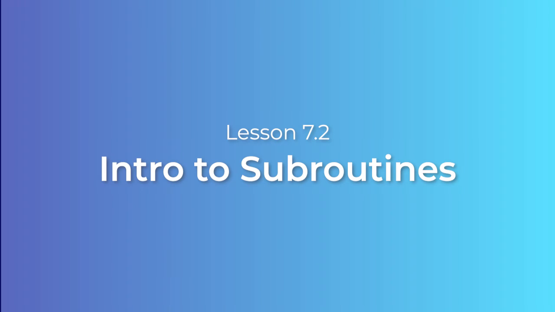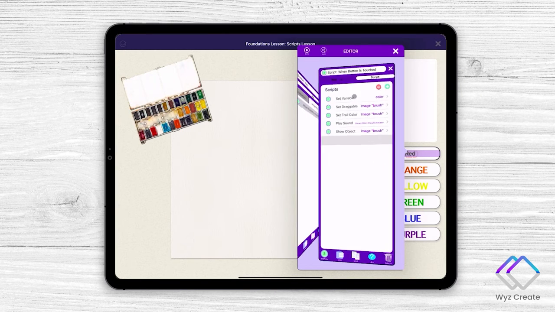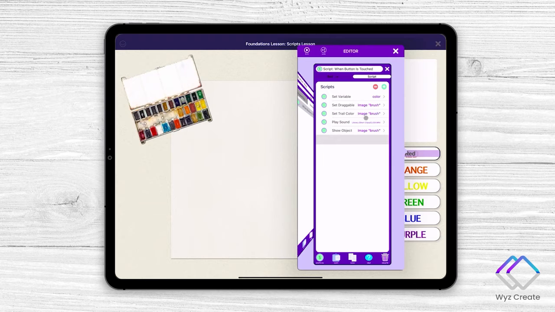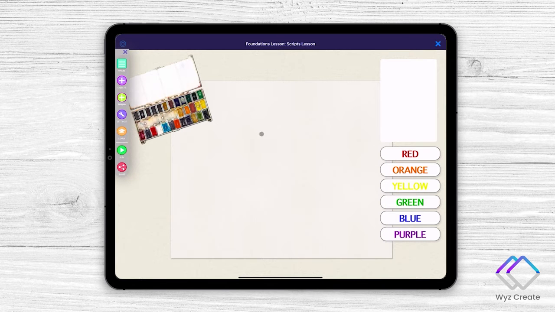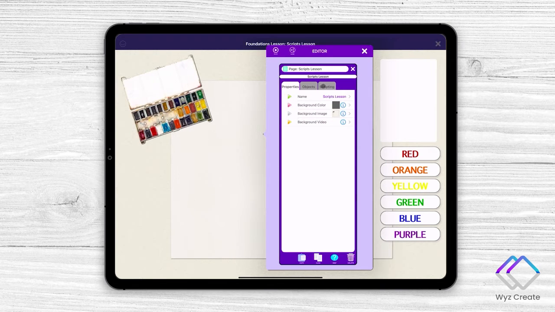Check out this script sequence. Whenever this button is triggered, all of these actions will happen. Let's say I have 5 other buttons, and I wanted all 5 of them to carry out all of these same actions. Rather than adding those scripts one by one to every single one of these buttons, it would be